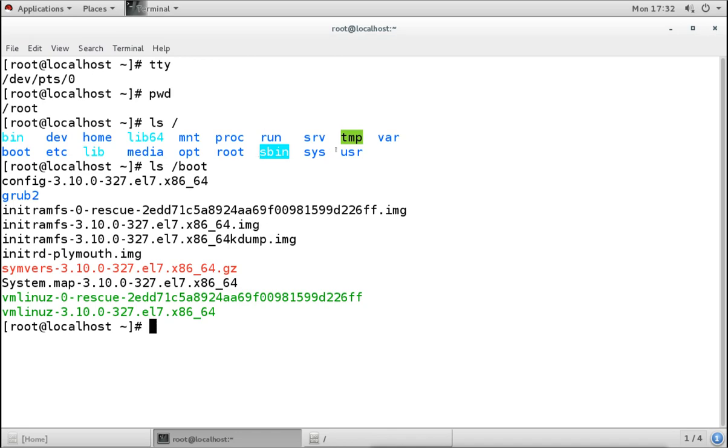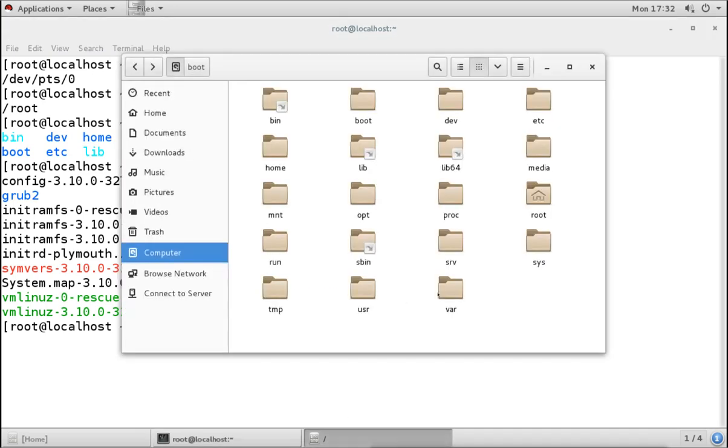There is one more color you are seeing here. Now this color is not for a file, it is actually for a directory. It is because of the permissions that it is getting this color. This is not because of the type of this file, it is because of the permission of this directory. This tmp is a directory. You can see under the slash there is a directory called tmp.